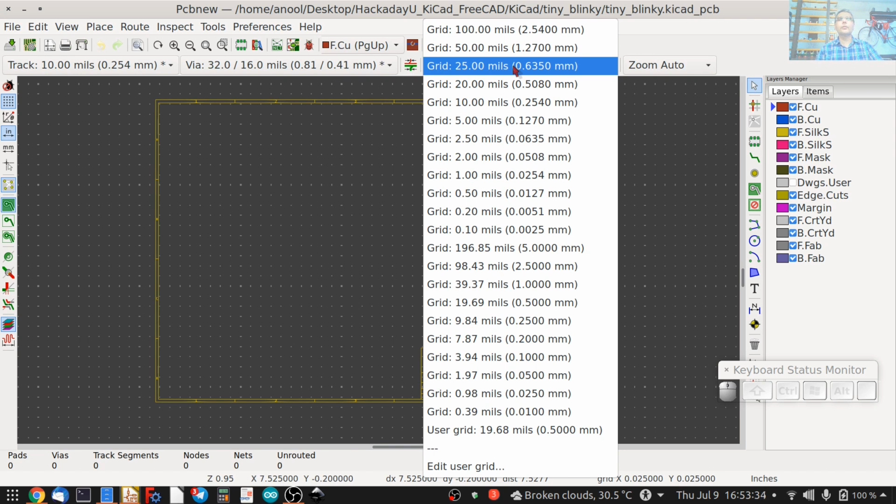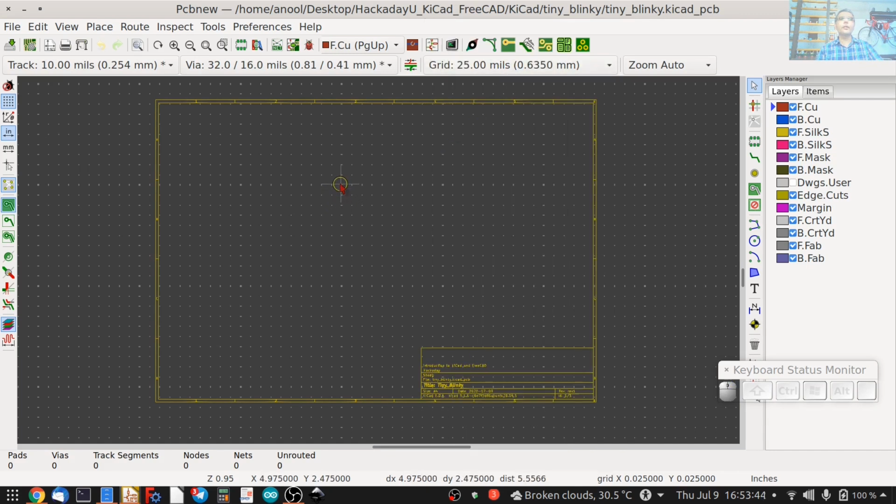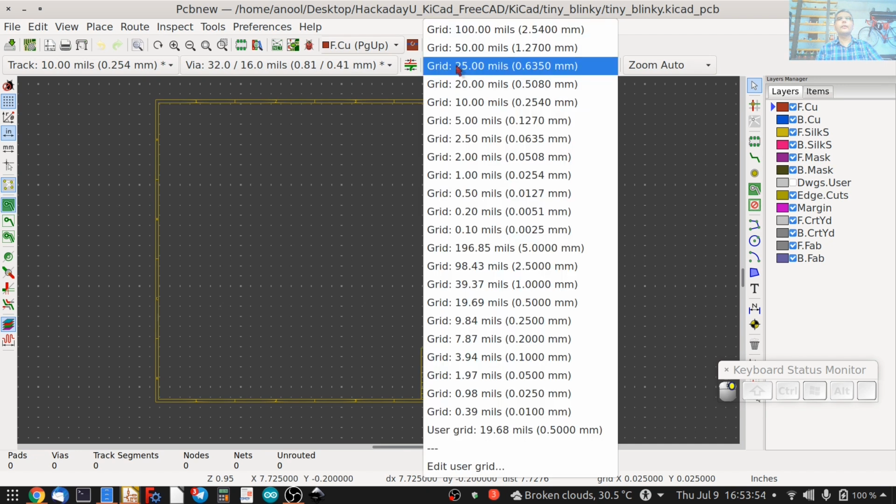Since this design that we're doing is going to be mostly through hole, we will use imperial units, and we start off with a grid spacing of 25 mil. And it's important that you choose a coarse grid when you start off placing the parts, and then go down to finer grid settings only when you're laying tracks.